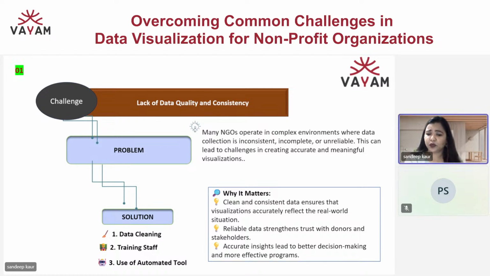Use of automated tools like Excel. MS Excel is one very simple thing. Before moving ahead, everybody in your organization should be very well equipped with MS Excel skills, rather advanced MS Excel skills. So data cleaning, training of the staff, and these automated tools will help your data to get in a